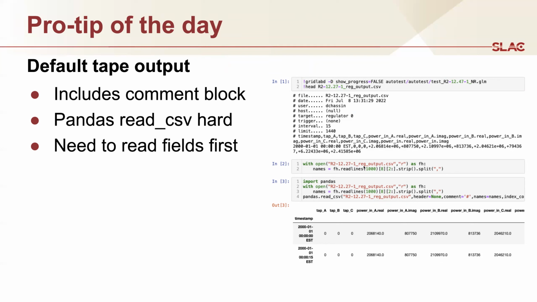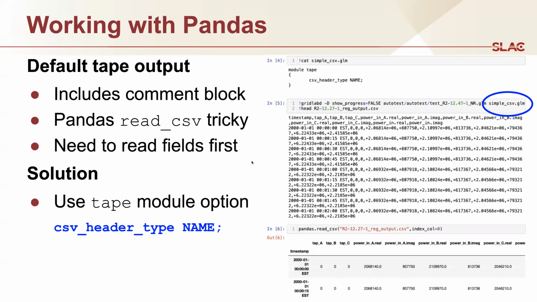You can manage it, right? So here's an example of reading that comment header and extracting the column names and using the column names to essentially import the CSV file. Needless to say, it's not super convenient, but it does work. There is a way to make things a lot simpler. I alluded to it in the solution to the exercise